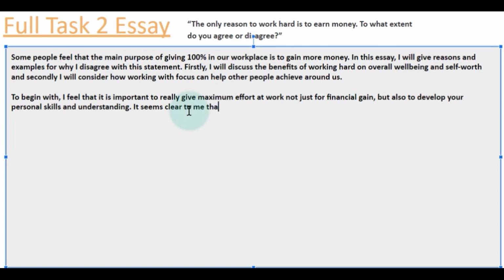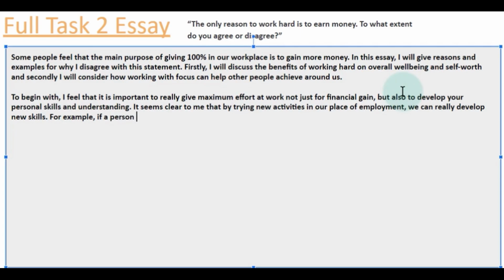It seems clear to me that by trying new activities in our workplace, in our place of employment, trying to avoid using work too often here, and of course checking the spellings as we go. It seems clear to me that by trying new activities in our place of employment, we can really develop new skills. For example,